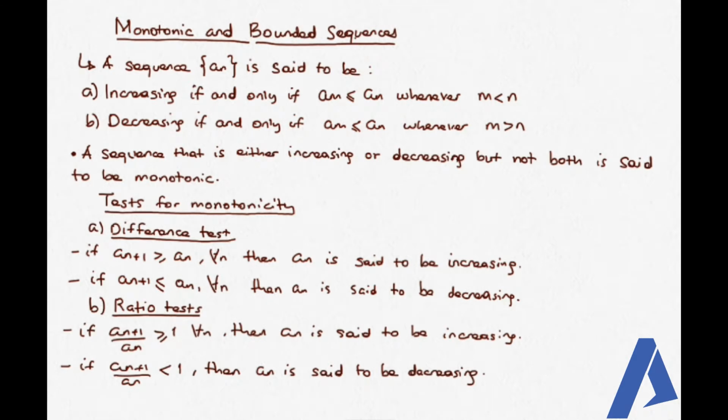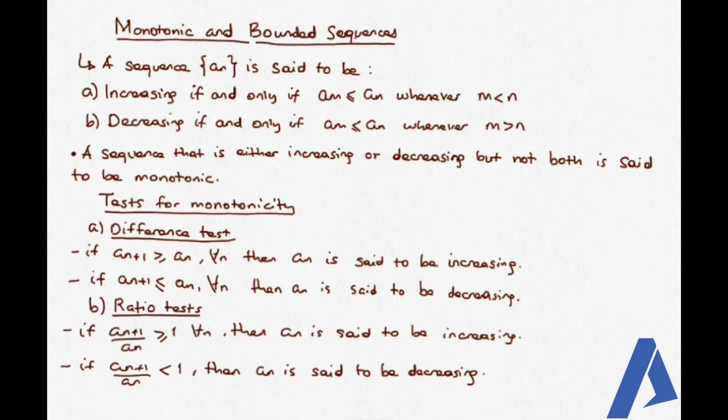በመቀጠል ሞኖቶኒክ and bounded sequences እናያለን። let's say we have a sequence an and it's said to be increasing if and only if am is less than or equal to an whenever m is less than n። ማለትም በሲኩዌንሳችን ውስጥ ከመጀመሪያው ተርም ወደ ቀጣዩ ተርም ኮንሲኪዩቲቭሊ ወደ ቀጣዮቹ ተርም ስንሄድ የሲኩዌንሳችን ቫልዩ ግራጁዋሊ የሚጨምር ከሆነ ኢንክሪዚንግ ይባላል። አት ሴም ታይም ደግሞ ግራጁዋሊ የሚቀንስ ከሆነ ዲክሪዚንግ ይባላል ማለት ነው። ስለዚህ a sequence that is either increasing or decreasing but not both is said to be monotonic። ማለትም ኢንክሪዚንግ ብቻ ከሆነ ወይም ደግሞ ዲክሪዚንግ ብቻ ከሆነ ሲኩዌንሳችን ሞኖቶኒክ ይባላል ማለት ነው።